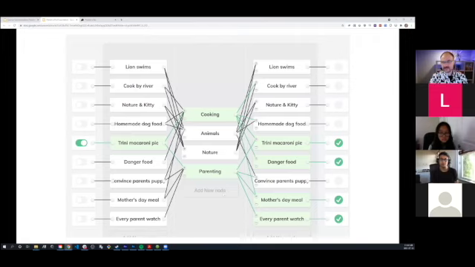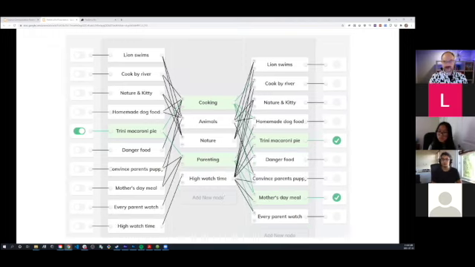Then if there's time in the workshop, we go back. We say, okay, you did the first one, now let's do the second one. The second one is high watch time. Which videos have a high watch time? So we add that in as another input. We connect that through to here, and then we connect that up either positively or negatively to all of these endpoints, depending on whether they have a high watch time or they don't. Now you can see when you turn this on. Here's that one turned off. When it's turned on, we get these instead,